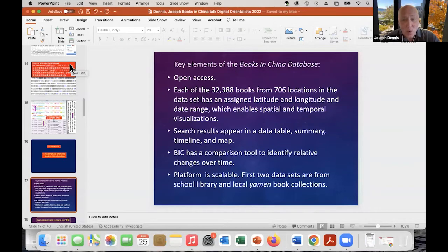So my hope is that if I can find more money to support this, that I can add additional data sets. So the original data set is quite large, but there's lots and lots more material out there that I could add if I had the time and the money.